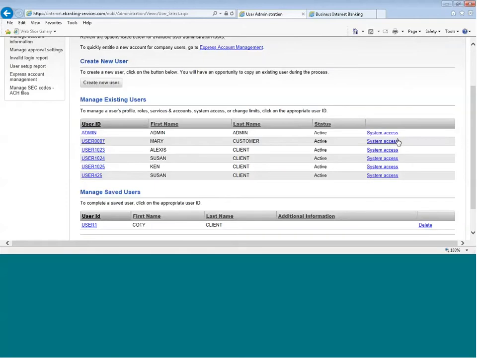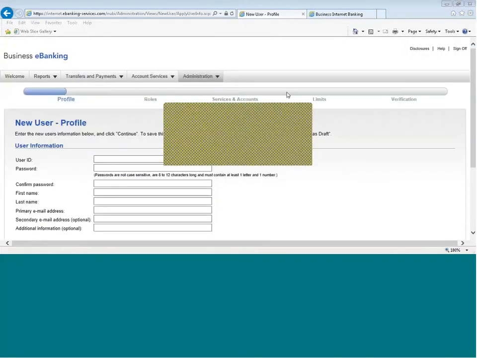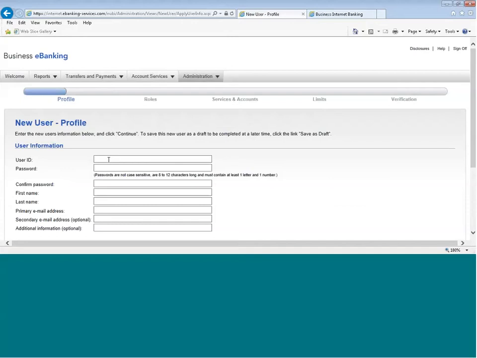So once we have all of our users in the system, fully functional, profiles are built out, let's say you onboard a new employee and you have to add that user from scratch. You'll create new user. We'll give the user a user ID, letters and numbers, at least 4 characters in length, assign a temporary password, 8 to 12 characters, letters and numbers,